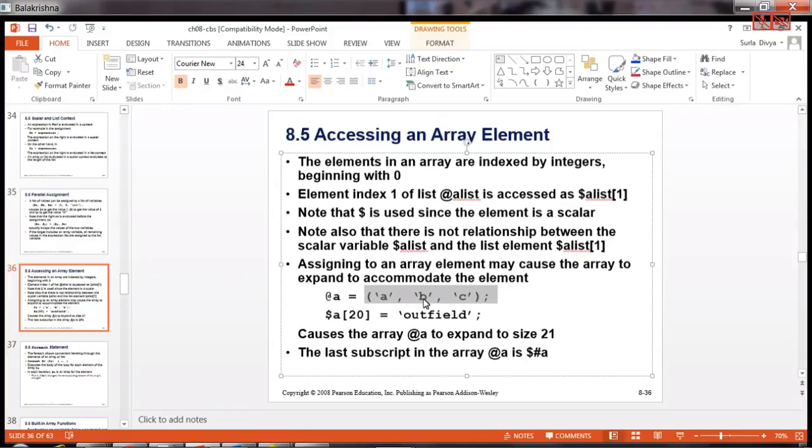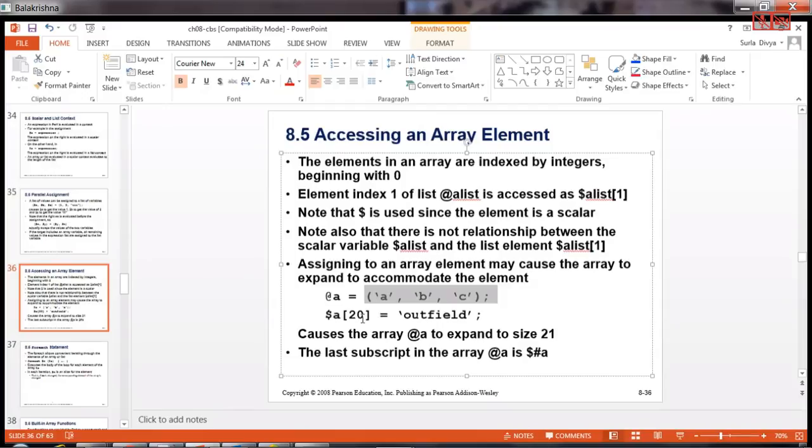How do I do that? Perl has given an indexing to this particular list. The first element always starts with 0, the second placeholder will be 1, and so on till n minus 1. So if there are 3 elements, the indexes are 0, 1 and 2.